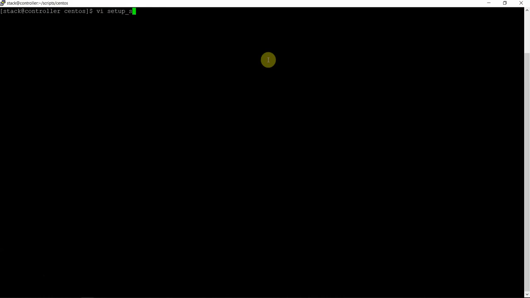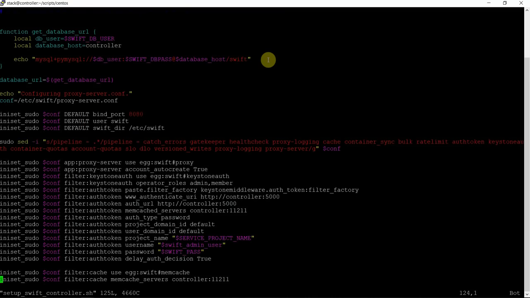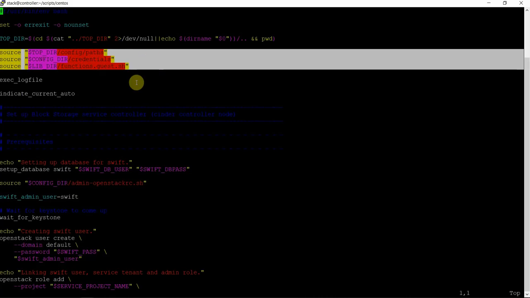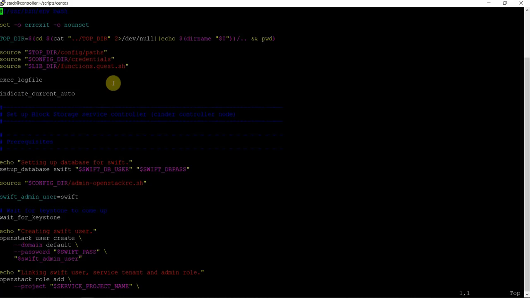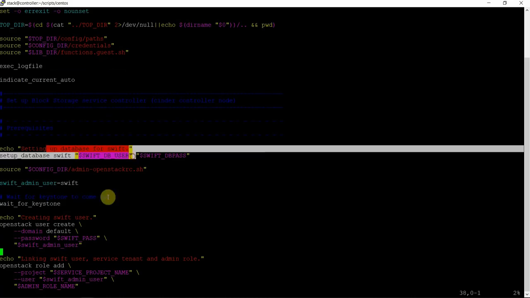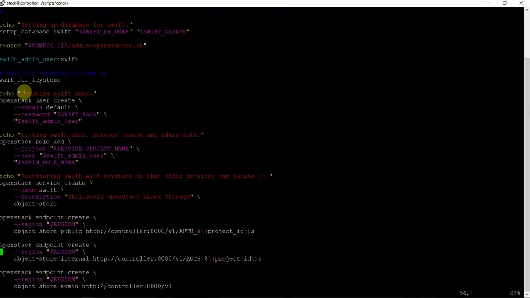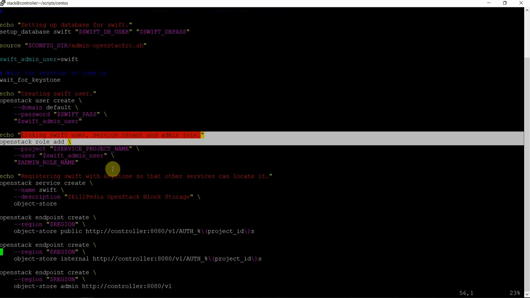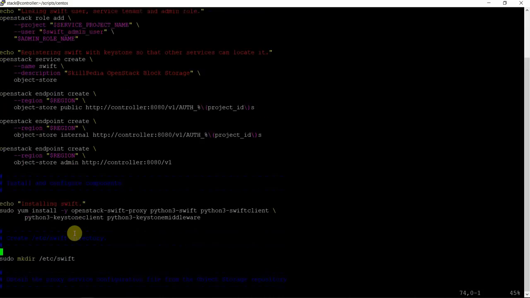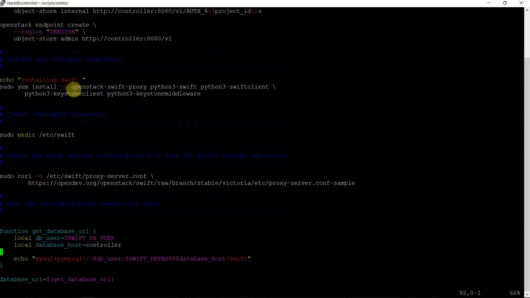Setup Swift controller.sh. This script, first it is sourcing the credentials the way we have done in the previous lecture, and then it is setting up the database for Swift password and Swift database, then creating the Swift user, then adding the admin role to the user, then service creation and endpoint creation, and after that installing the packages.